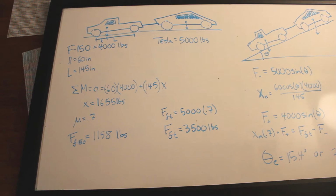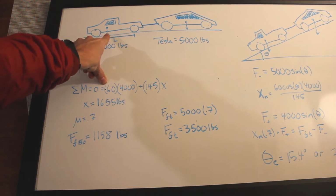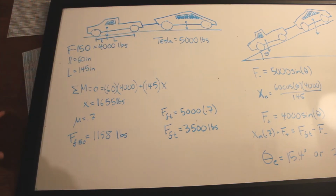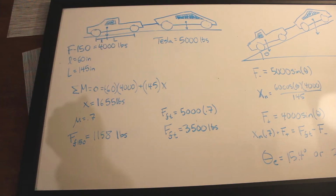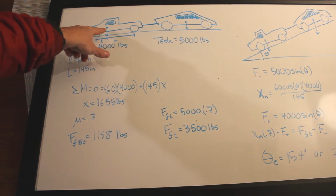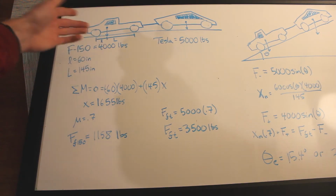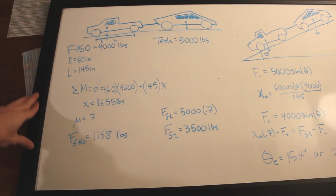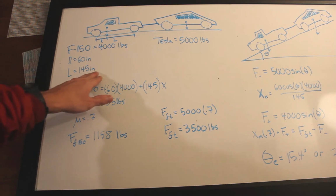So, okay, let's jump into some other crucial information. The center of mass of a standard truck is shifted forward because most of the weight is in the front, while the bed is relatively empty. So I'm going to assume that the center of mass of this truck is 60 inches behind the front wheel axle. And you can tell in the video that this is a Ford F-150 Super Cab, and that particular version of the truck has a